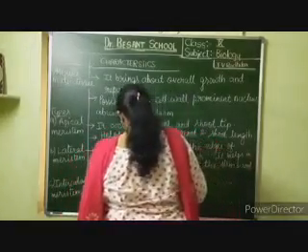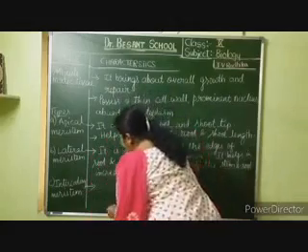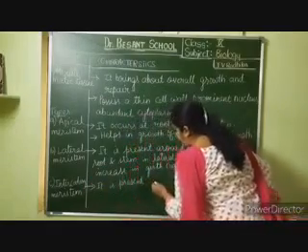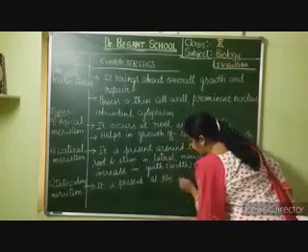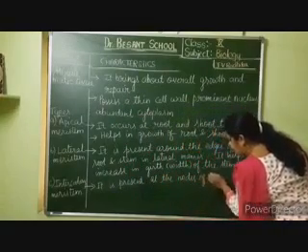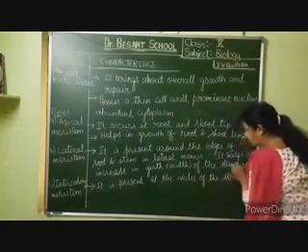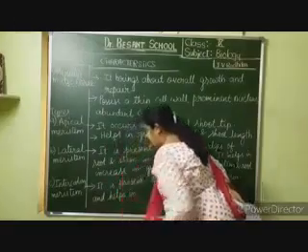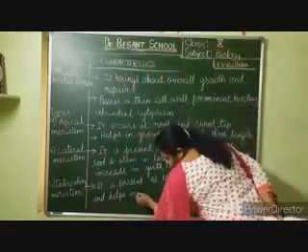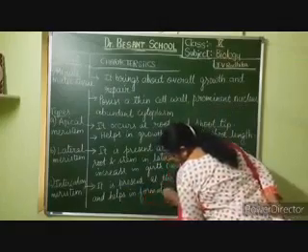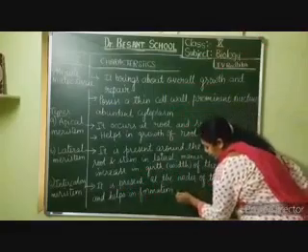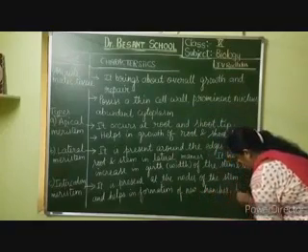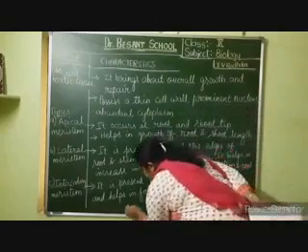The intercalary meristem is thin walled and it is present at the nodes of the stem, and it helps in the formation of new branches, leaves, flowers,